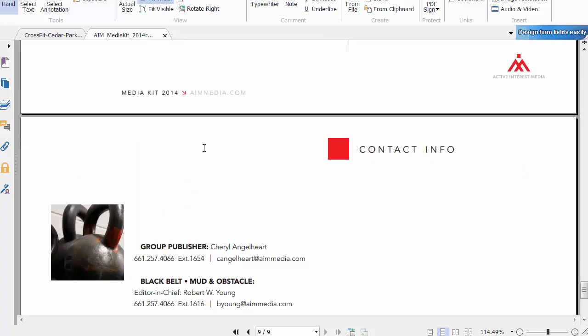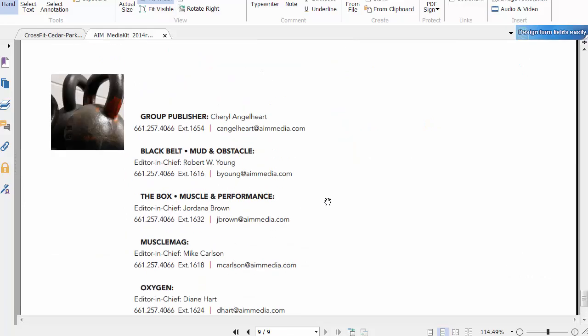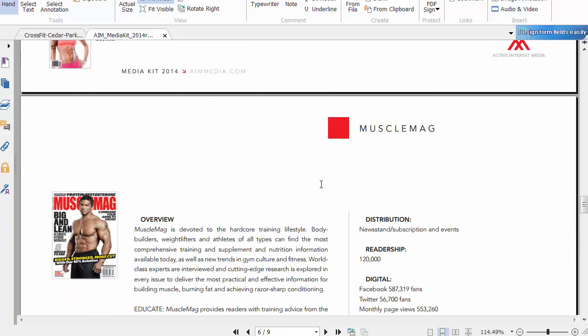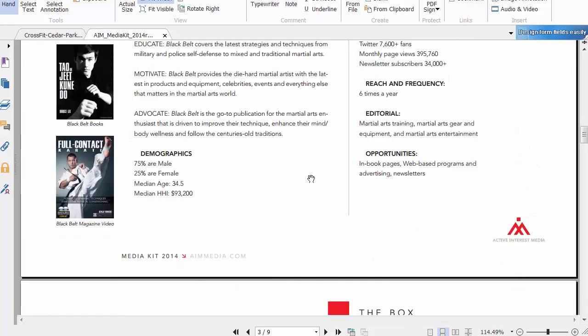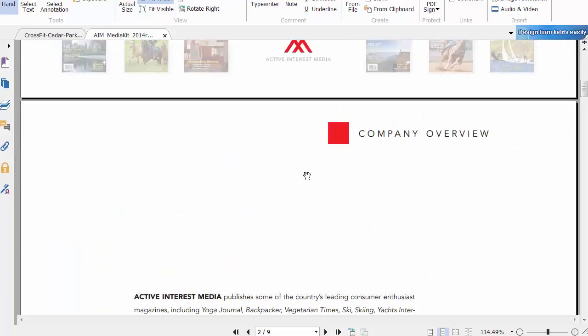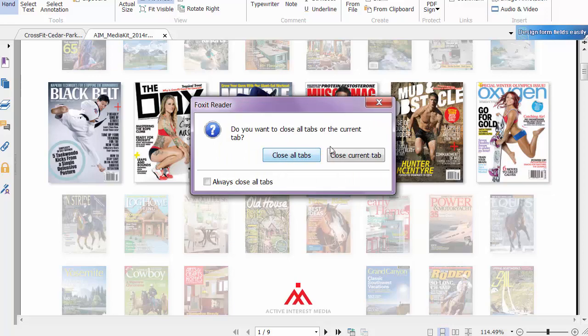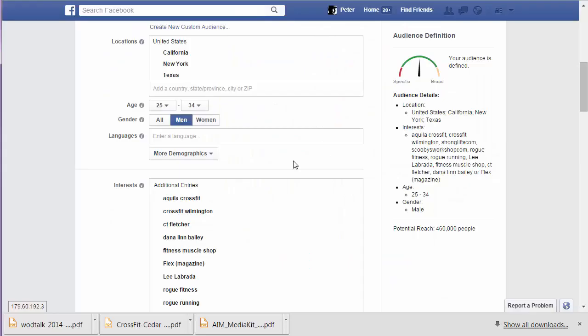And there we go, and all the contacts. So we've got all that handy. There might be some demographic information in there. Obviously, you've got the magazine that you can check out and see what these kind of people read or are interested in. And there we go. So that's the media packs,